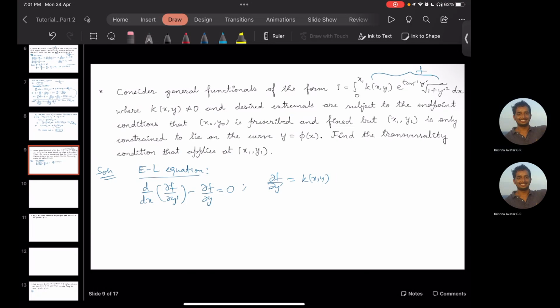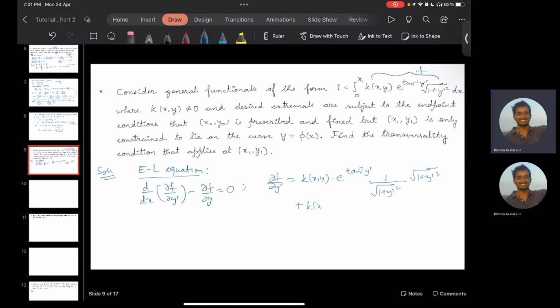So into e to the power tan inverse y prime, into 1 by root over 1 plus y prime squared, into 1 plus y prime squared, plus kappa of xy into tan inverse y prime into y prime over 1 plus y prime squared. Okay, this cancels out. Fine. So which means that our Euler-Lagrange is given as d by dx of